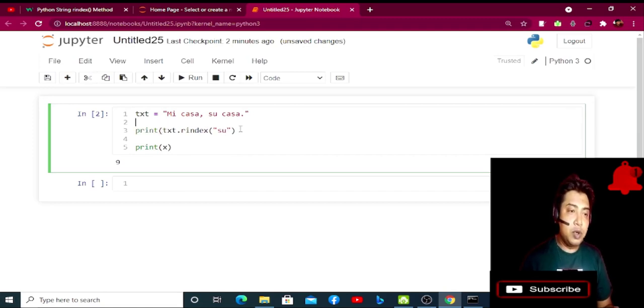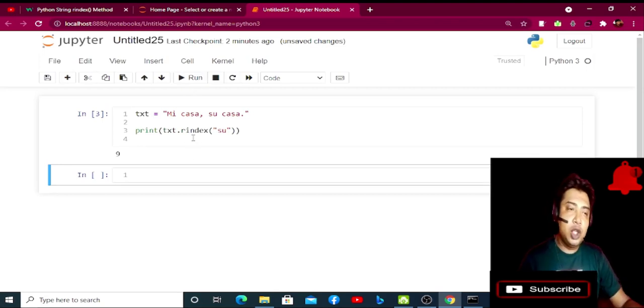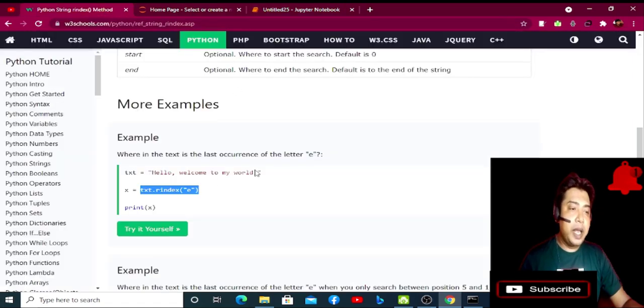I'm not sure what this program will actually execute, but I think we can directly print it. Yes, the same thing. Either you can pass the previous value into another variable so that you can print easily, or if not, we can directly pass this value. But mind it, we have to use these Python methods. And our next one is,